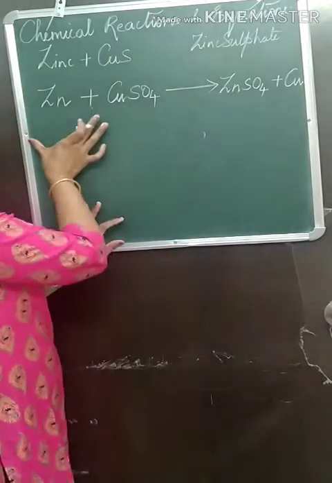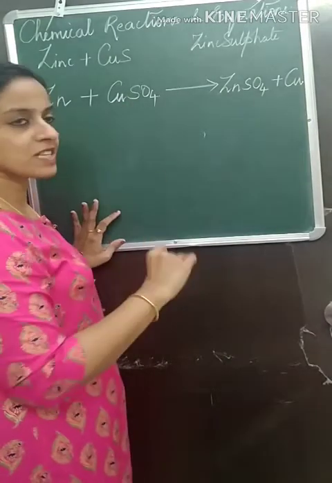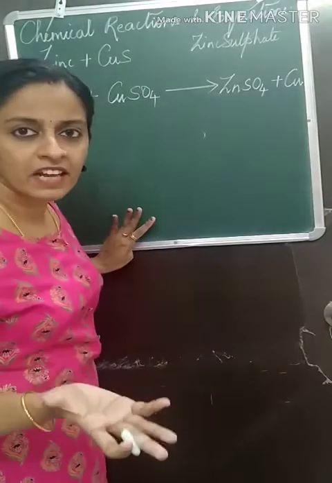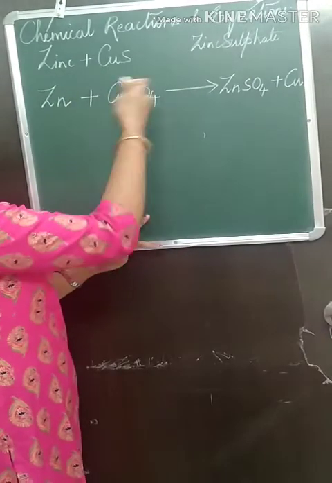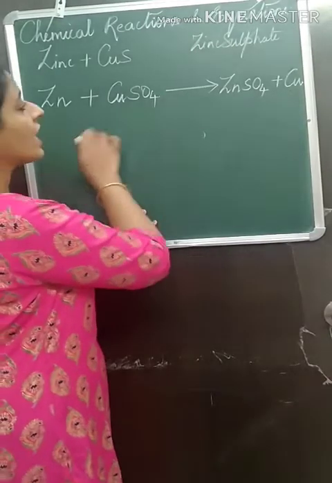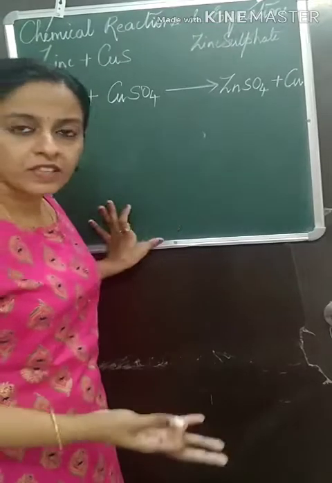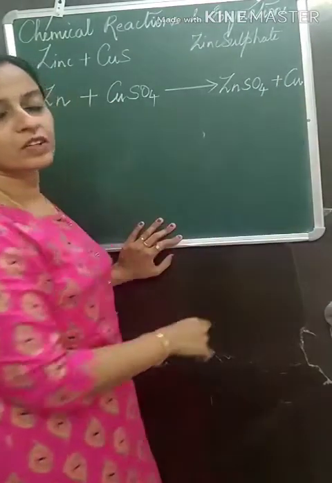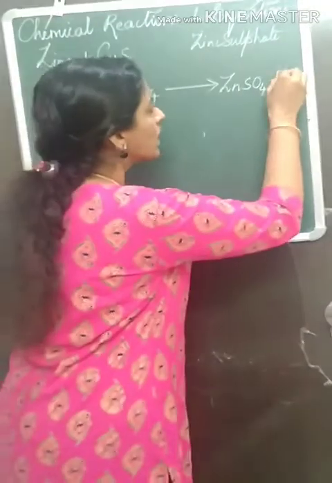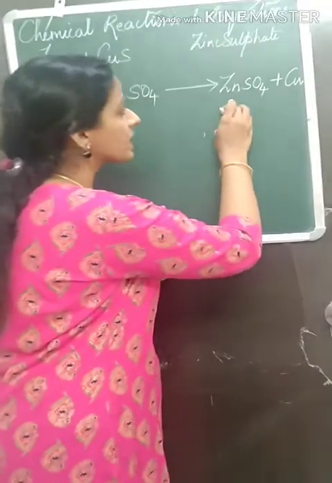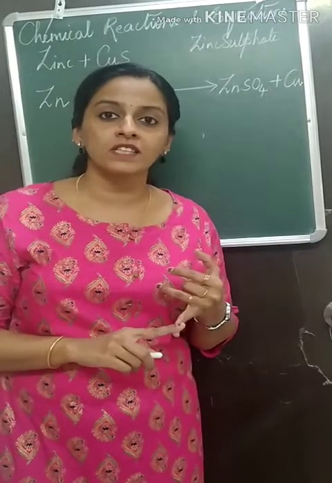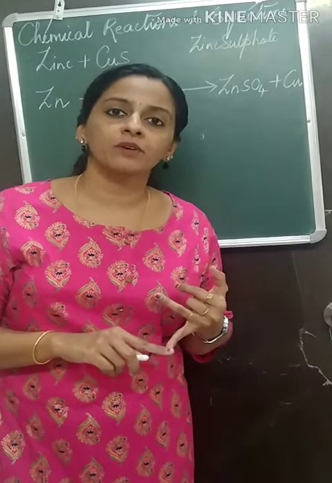Reactants are always written on the left. These you all know, but still we will discuss it once. Reactants are written on the left side. If there is more than one reactant, you will use a plus sign. Here in this reaction, you have only two reactants. Whereas on the right side, what you get after the chemical reaction, the products, are written. Again, if there is more than one product, you will use a plus sign. So here the products are zinc sulfate and copper. These are the two most important things that you have to consider while writing a chemical equation.